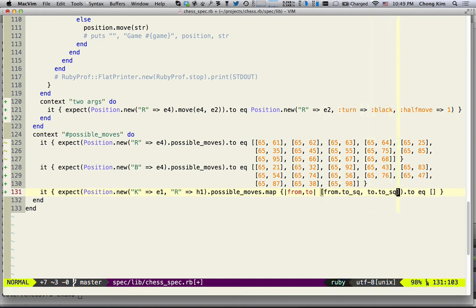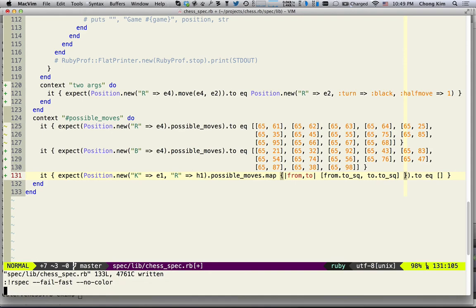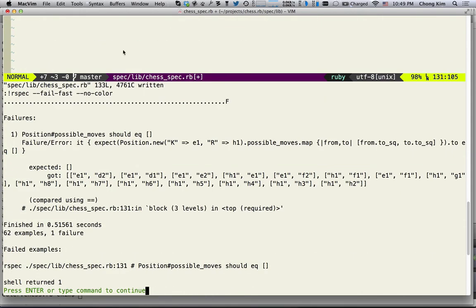So this way we can read this a lot easier. Okay, so let's see. All right, so we can see that e1 is where the king is, so these are all the king moves. So the king is able to move to d2, d1, e2,